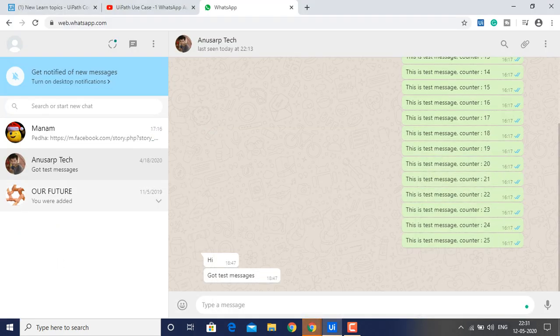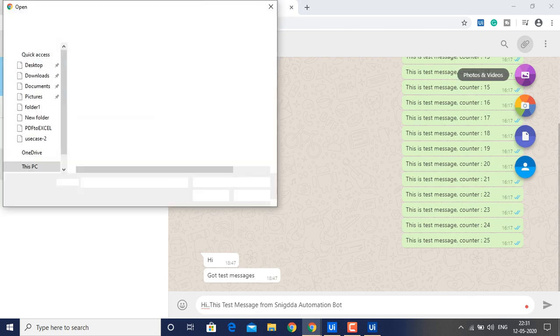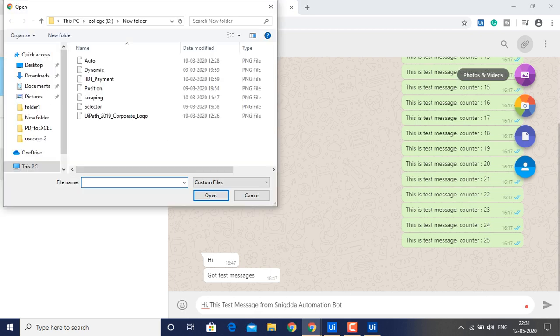This is my contact, where you can search. The bot is opening right now. It enters my contact, takes the text message as input, and opens it. Here I have mentioned that only one photo or video can be uploaded.